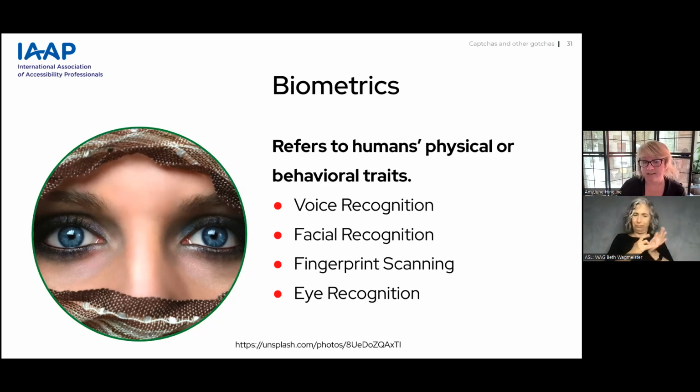Eye recognition is great. It can tell twins apart because it uses the iris for matching, but think of cataracts, or maybe loss of an eye, or a swollen eye. Perhaps you've gotten stung by a bee and you have a swollen eye. So, all of these are really great methods for identification, but they also have everyday situations that can prevent them from working. In this picture, I have a woman with a face covering and really bright blue eyes.